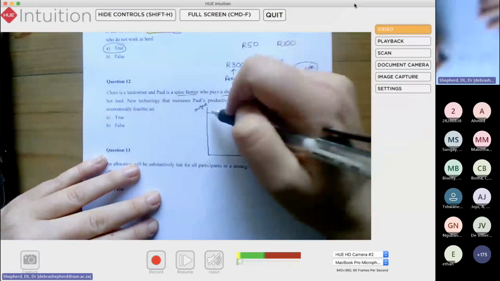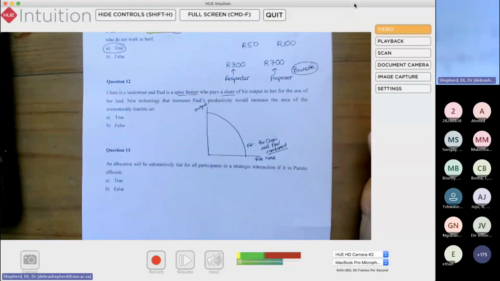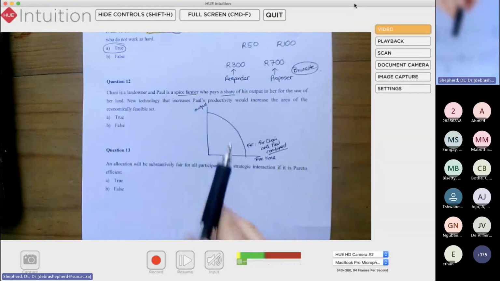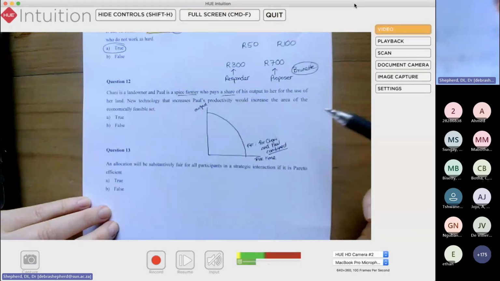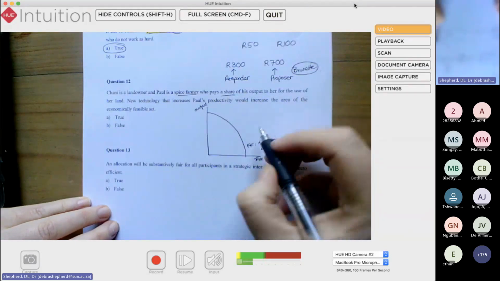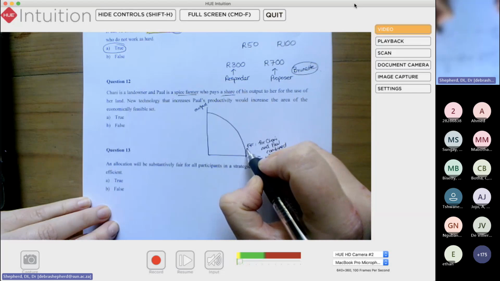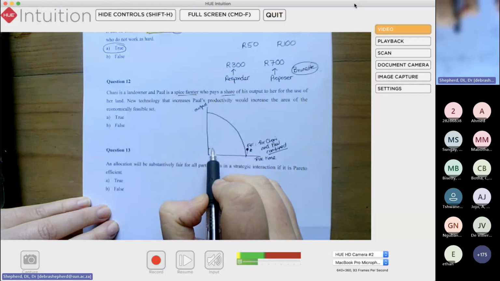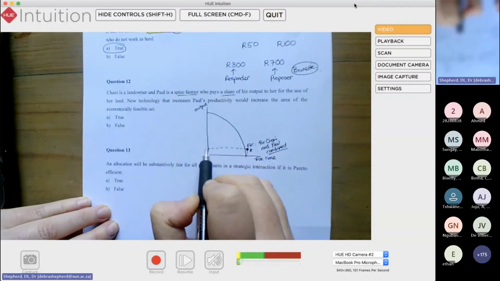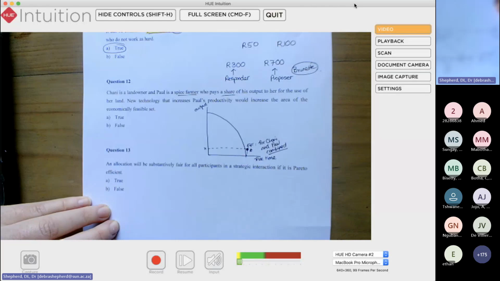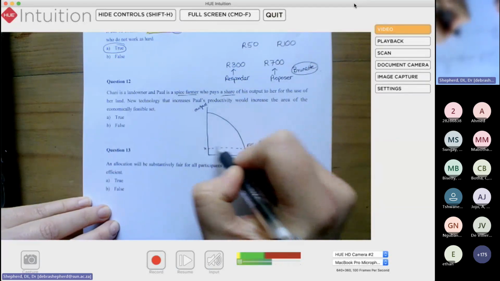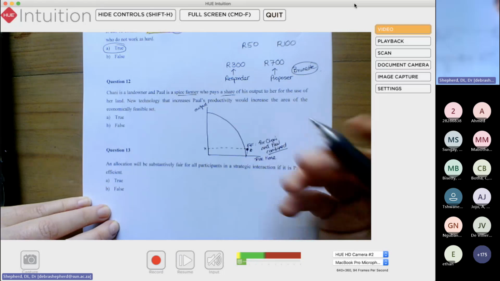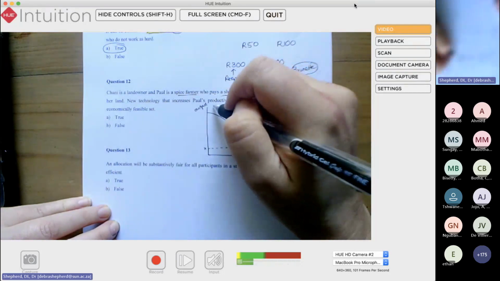We then say that because Paul has a choice whether or not he wants to work for Chani, in this type of model there is no coercion. Chani can't force Paul to work. Paul is able to choose whether or not he actually wants to farm. The thing that allows him to make that choice is the outside option of some kind of unemployment benefit or ration from the state. So this is a ration amount. This is the amount of output he would get if he didn't work. And then this point